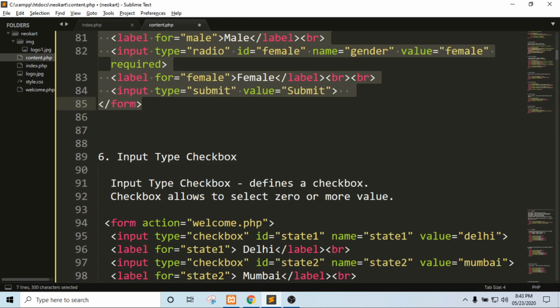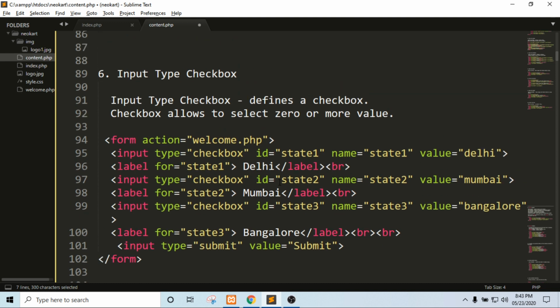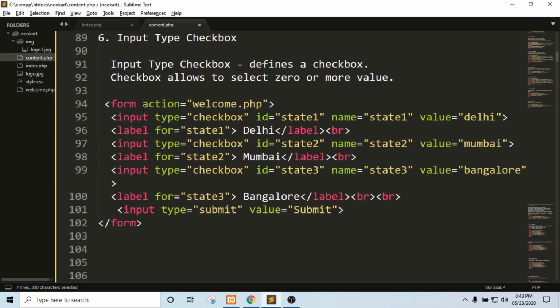Next one is checkbox. Input type checkbox defines a checkbox that allows you to select zero or more values. Now this is the code.